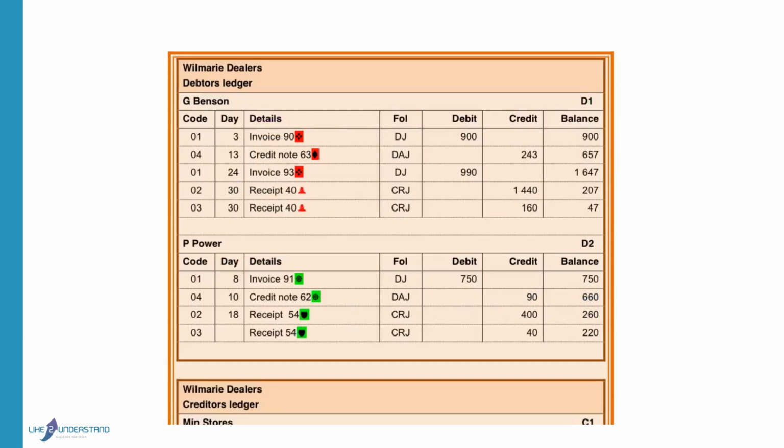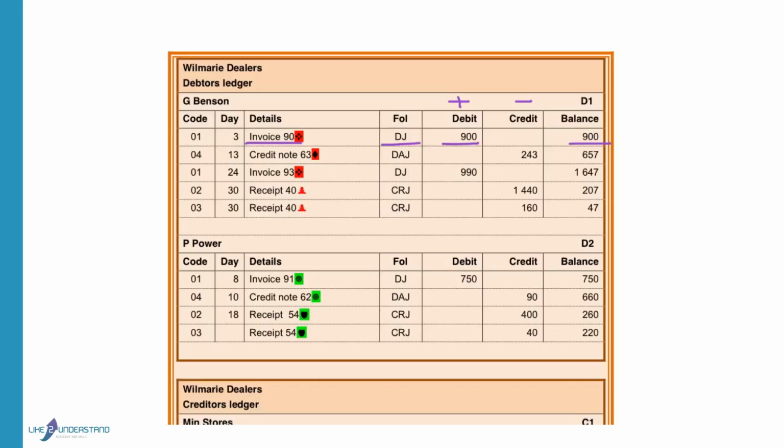When we post the entries from the journals to the debtors ledger, we will indicate that we issued an invoice, and you have to write the number of the invoice as well. This was posted from the debtors journal. Debtors is an asset. Assets increase on the debit side and decrease on the credit side. So when we sell, we increase it on the debit side, and that means the total amount outstanding is 900